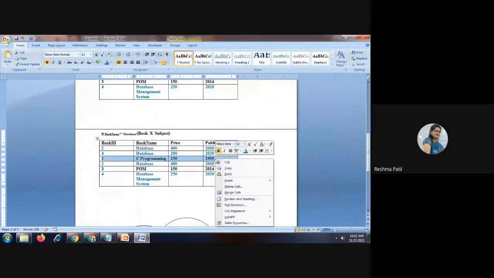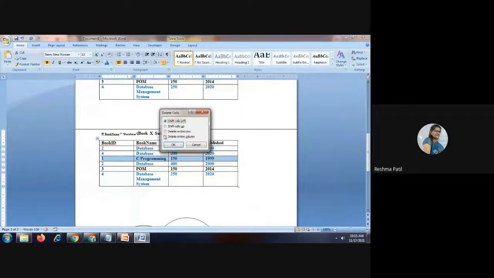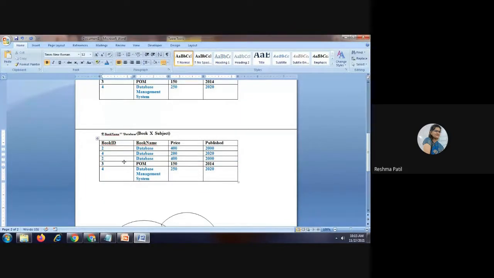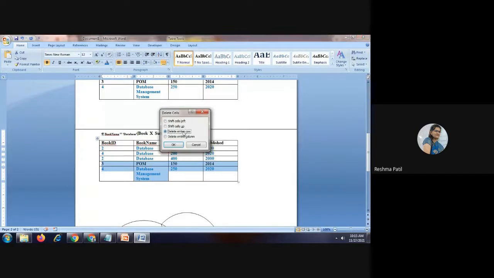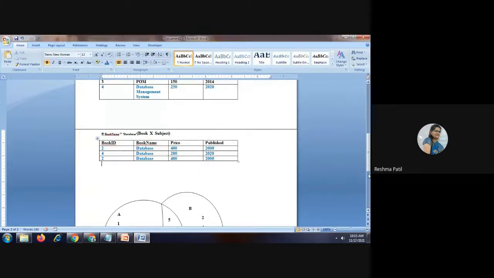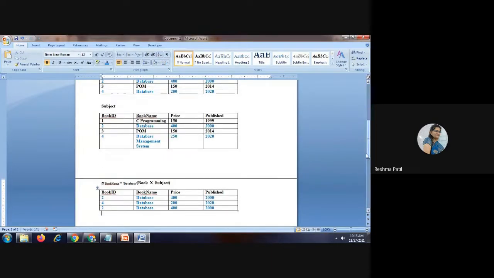This is false because C programming is there. Delete. Then these two are going to be deleted because the subject name is different. So finally, you will get 3 records. If we are using a selection condition, then records are going to be reduced.